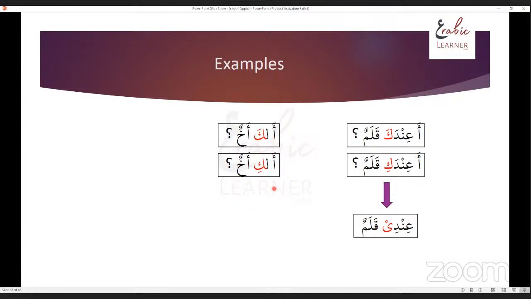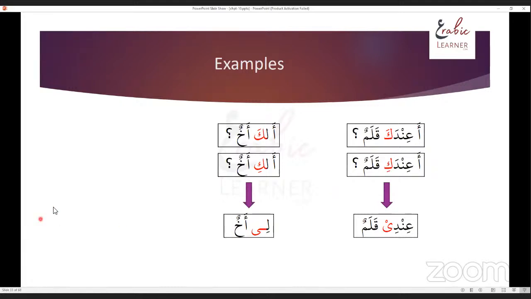I'm not going into that tangent, Siraj, aqil or ghair aqil, because there are a lot of exceptions. In some books they will talk about that. I'm not going into that.